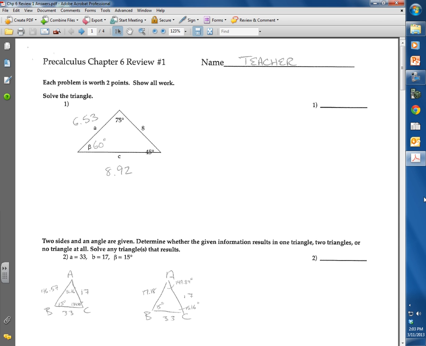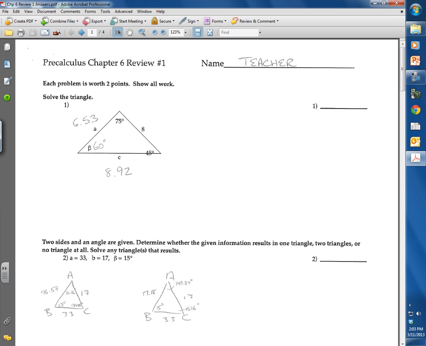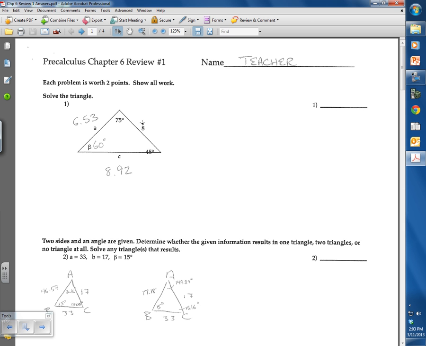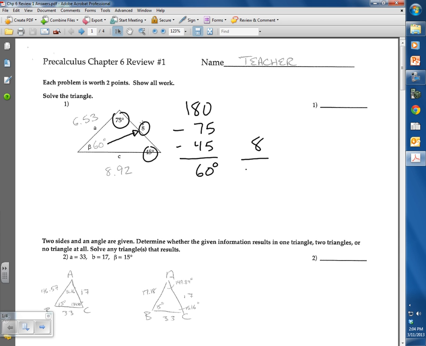So for problem number 1, this is given information over here for side 8, 45, 75. So in this case, it is an angle-side-angle problem. We don't have an angle across from a side for law of cosines, but we can go law of sines very easily. To find 60, we would go 180 minus 75 minus the 45. That turns into 60 degrees. So now we're set up to say 8 over the sine of 60